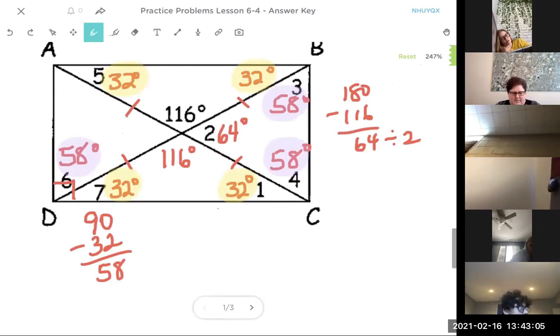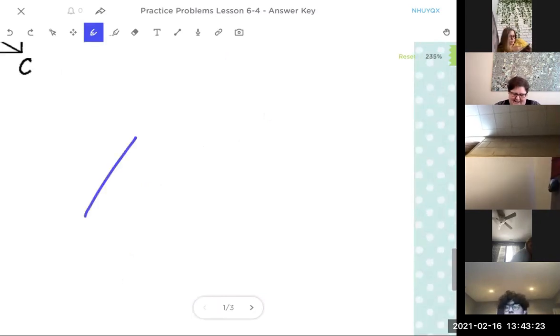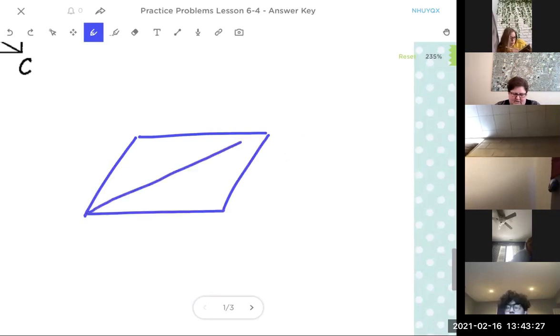Okay, let's talk about a generic parallelogram. If I draw a parallelogram and I draw in the diagonals, I'll try to make the numbers kind of easy. If I told you this is 30 degrees,